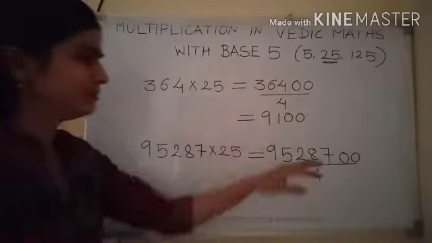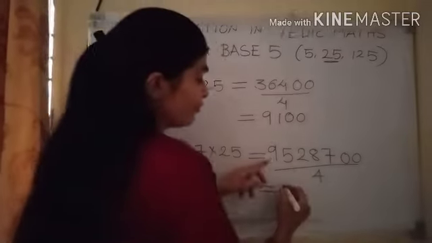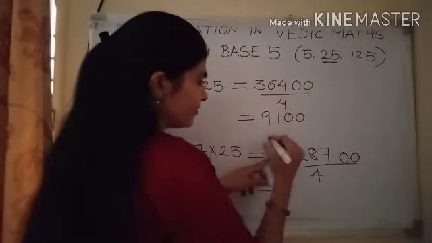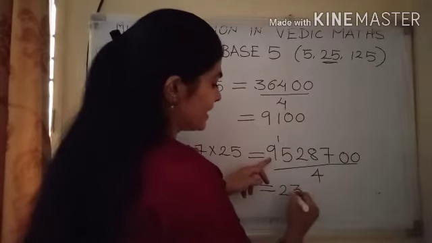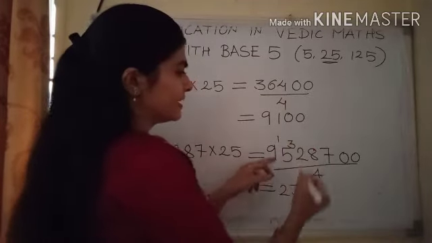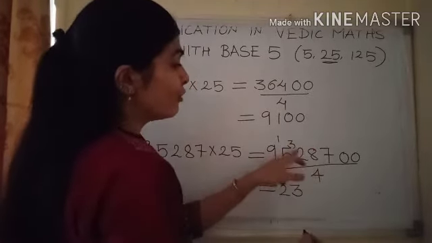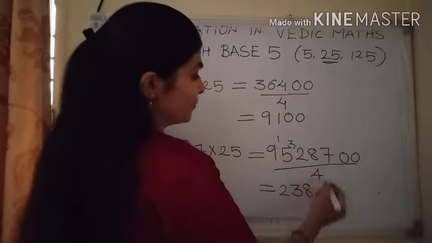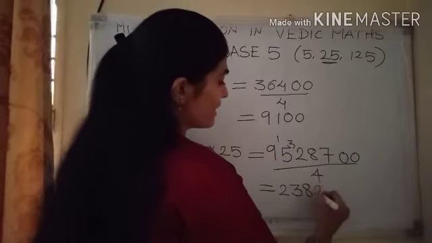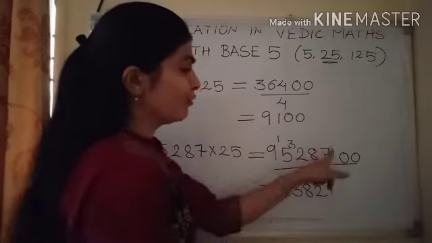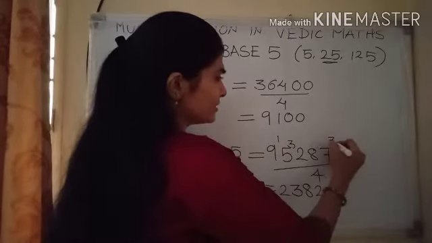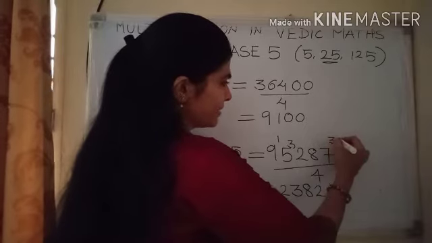So now let's divide. 4 2s are 8, 1 is remainder, so 1 5, 4 3s are 12, 3 is remainder, 4 8s are 32, now 4 2s are 8, 4 1s are 4, so left with 3, 3 and